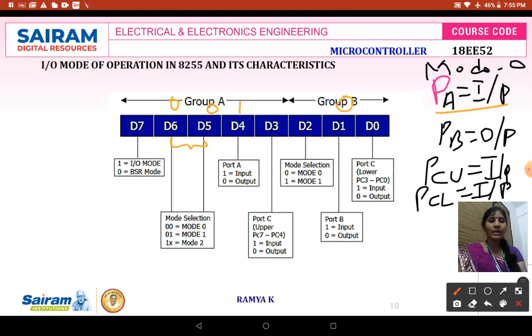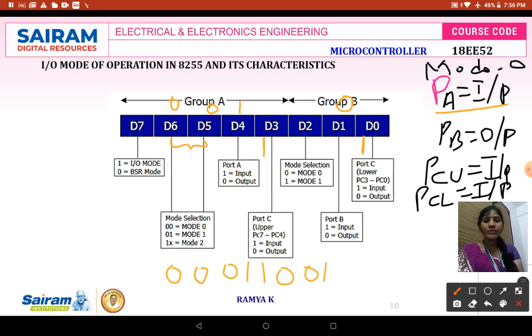Port C upper as input and port C lower also as input. So port C upper is input, and input means I have to put 1 over here. Port C upper is 1 and port C lower is also 1. Now when you analyze the control word for this particular operation, you will get 0 0 0 1 1 0 0 1.